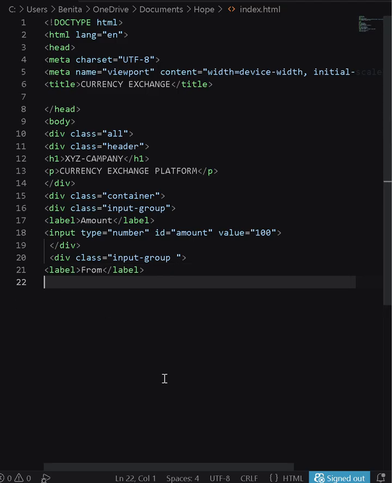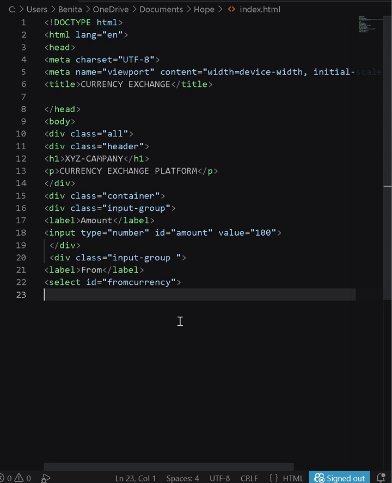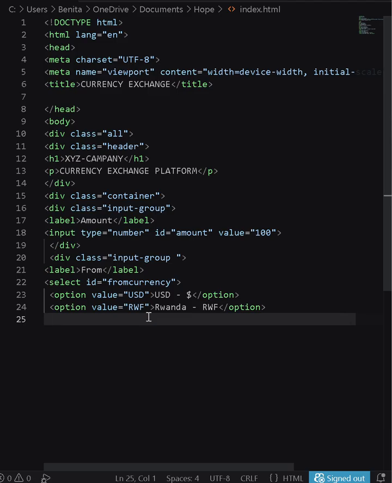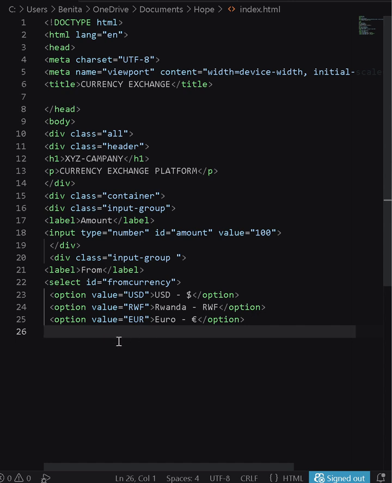and then we write label from, and then again write select id which is equal to from currency, and then option value. This means that in the from box there will be the currencies to select from. Here is option value USD, US dollar, and then here is the option value Swiss francs, and then here is euro,